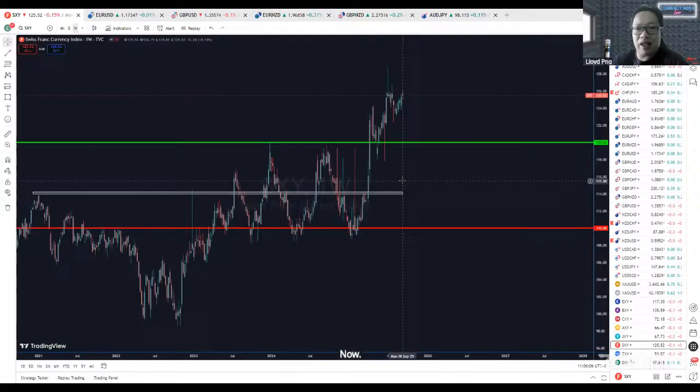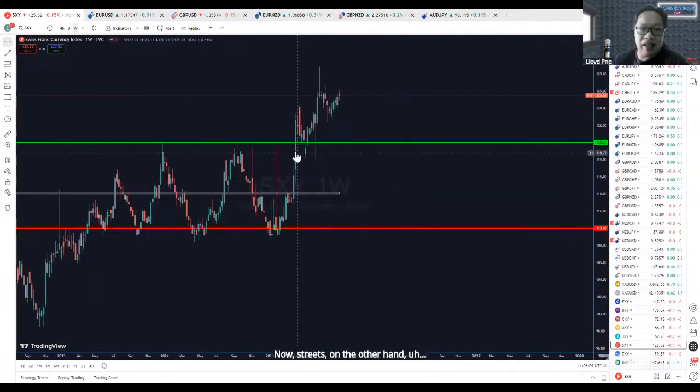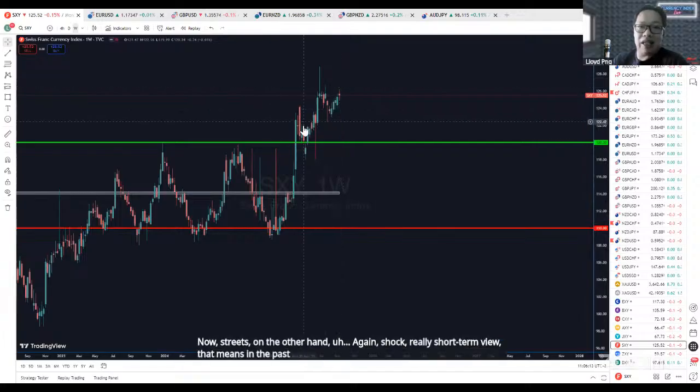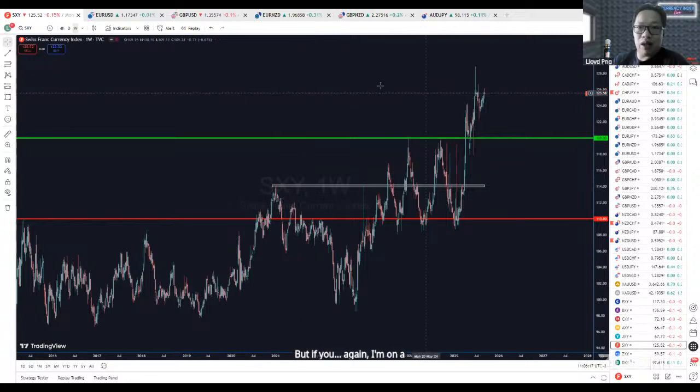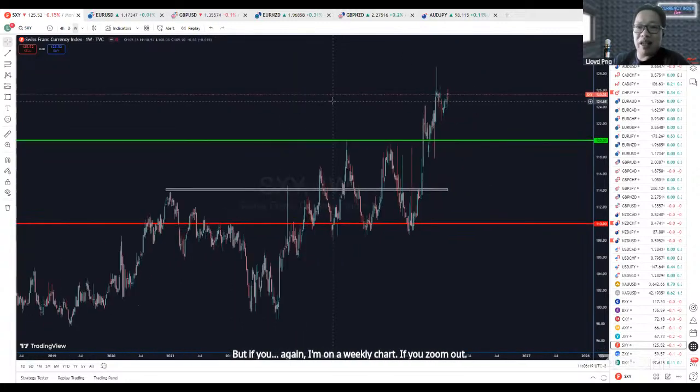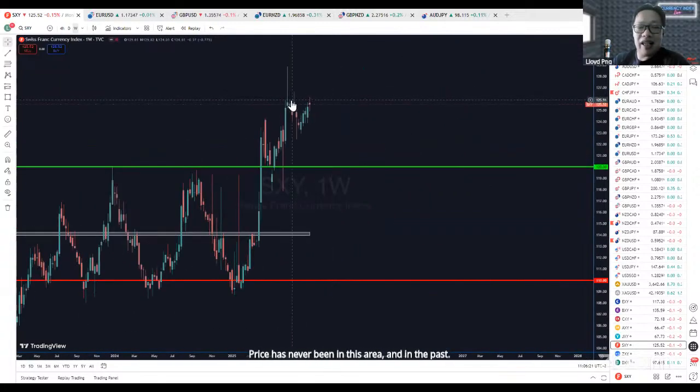Now Swiss, on the other hand, again, really short-term view. That means in the past few months, you can see that it's trying to go high. But again, I'm on a weekly chart. If you zoom out, price has never been in this area, and in the past, it has a really, really nice looking rejection off here,